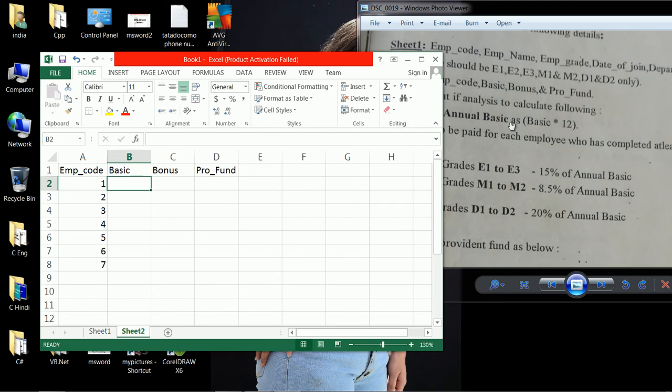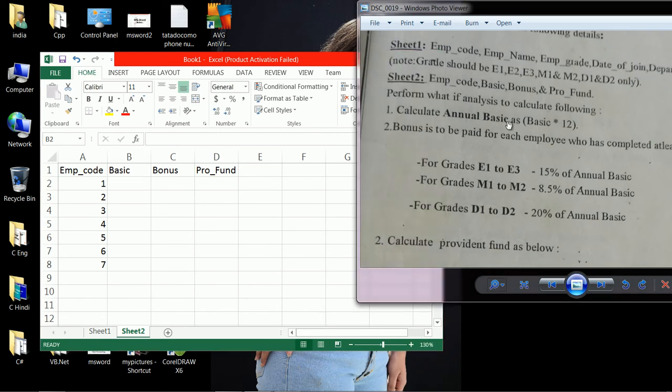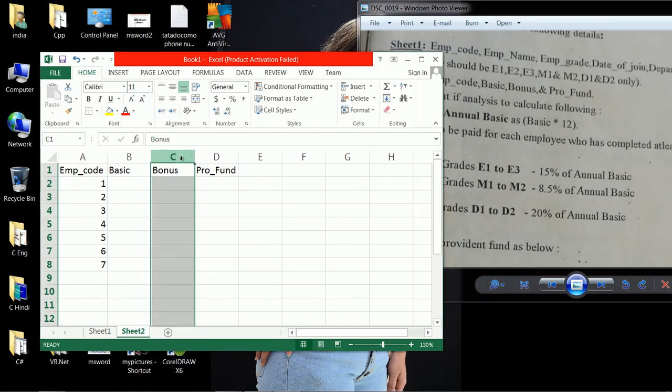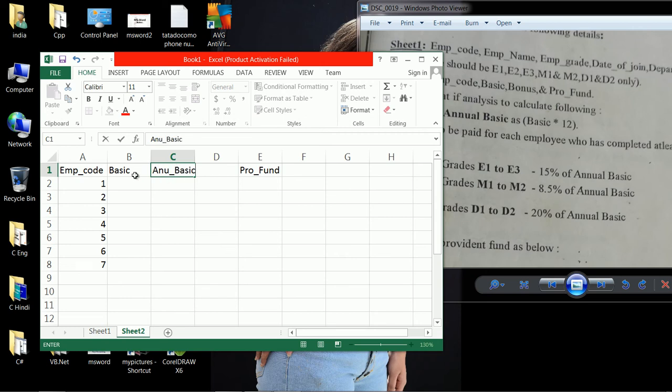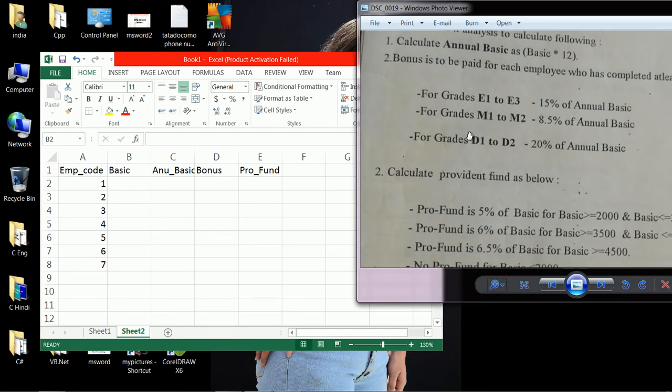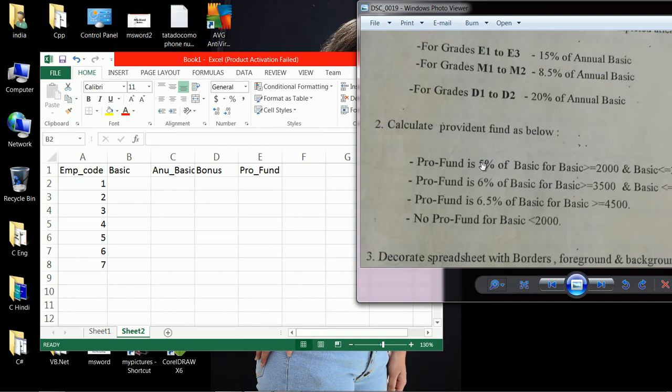Okay. As well as here one more thing, calculate annual basic as basic into 12. Then let us create one more column, annual basic. Okay, put any values for basic. Here we have some rules.